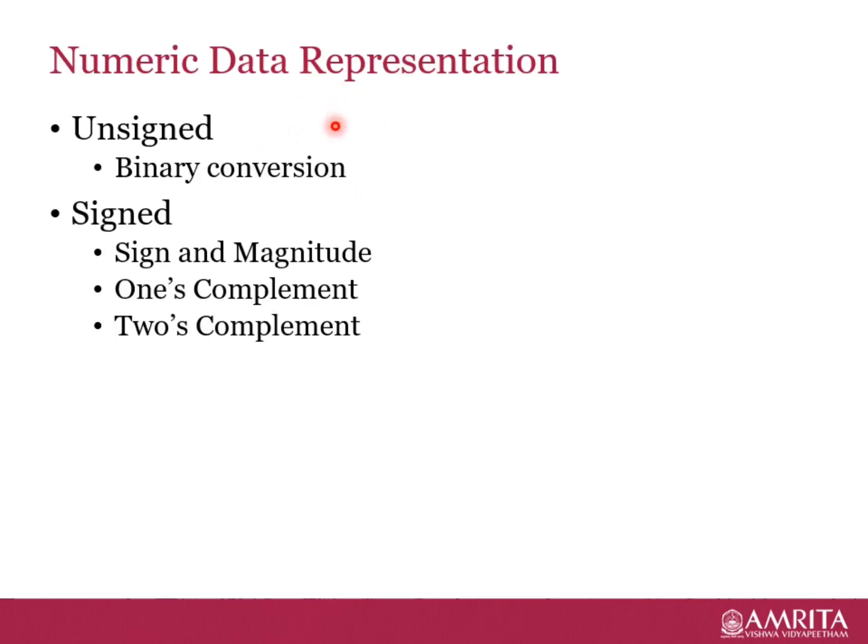This slide helps you to identify the techniques used for representing the unsigned and signed numeric data. The unsigned data that deals with numbers without any sign is easy to represent in binary by simply using the binary conversion techniques that you may have already studied. But while dealing with signed data, the sign of the data also has to be represented efficiently. In that case, techniques like sign and magnitude, 1's complement or 2's complement representations should be followed. And in this lecture, we will discuss the unsigned numeric data representation in detail.